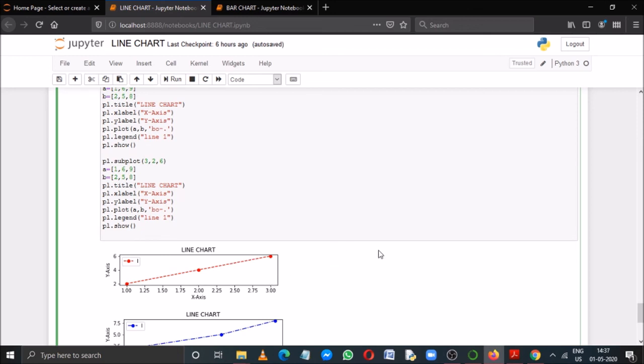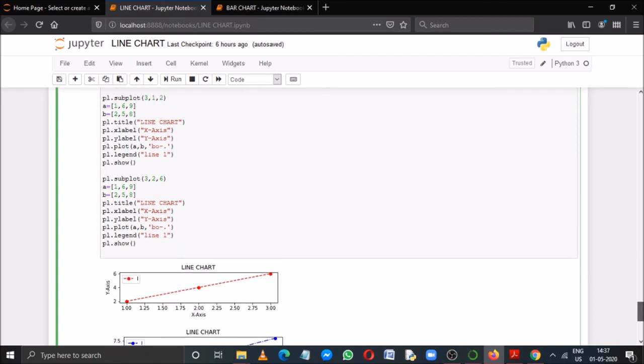Now I'll come to the second plot. I wrote pl.subplot, then 3, that means a total of 3 rows, then 1, that means first column, and then 2, the second index. Now A is equal to 1, 6, 9 and B is equal to 2, 5, 8.